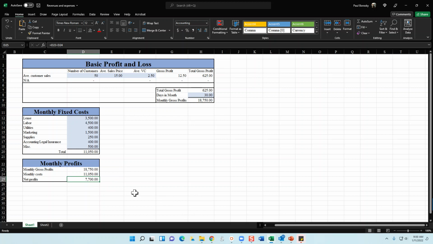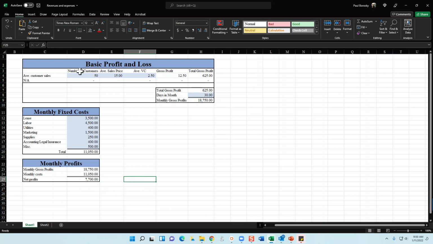The last step is to deduct your monthly costs from your monthly revenues. In this particular example, it's going to give us an estimated net profit of $7,700. The beautiful thing about this is not only that it takes just a few minutes to create, but also we can now say that this $7,000 is just not enough for us to get out of bed in the morning for our bagel shop. We need at least $10,000.